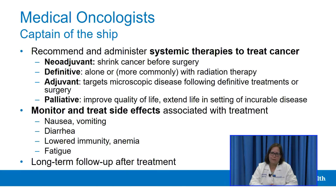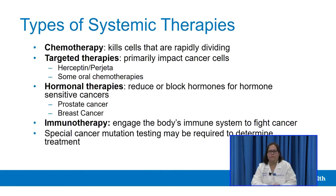For chemotherapy, these could include nausea, vomiting, diarrhea, decreased immunity, and fatigue. And finally, they're often involved in the long-term follow-up of cancer patients after treatment. So there are various types of systemic therapies that are administered by medical oncologists, including chemotherapy, which kills cells that